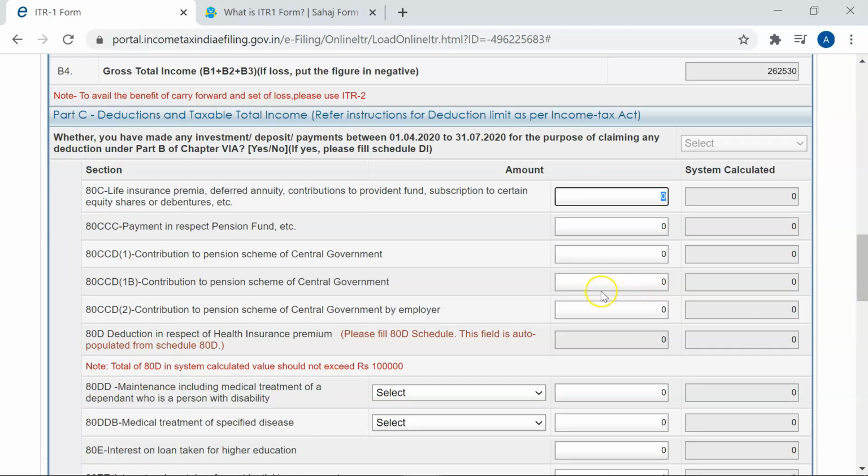If you have NPS, National Pension Scheme, that can be entered either in 80C or above that 1.5 limit of 80C. You can also enter in 80CCD(1B) up to a maximum of 50,000. So if I enter here 1,50,000, as you can see here, I am now getting a total benefit of 2 lakhs, which is over and above the limit of 1.5 lakhs capped under 80C section.